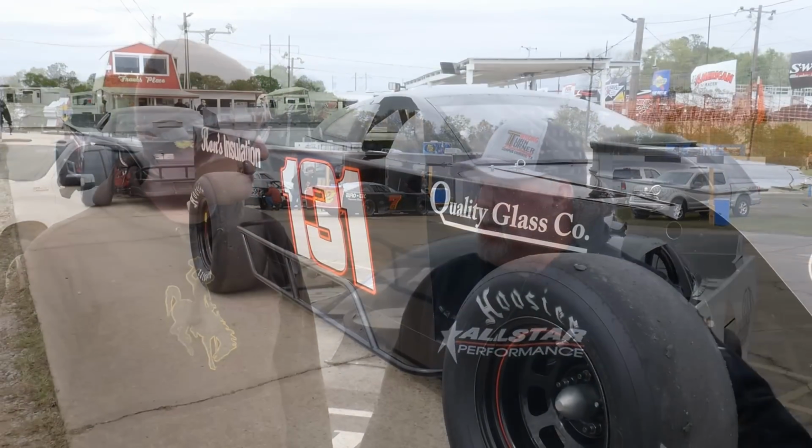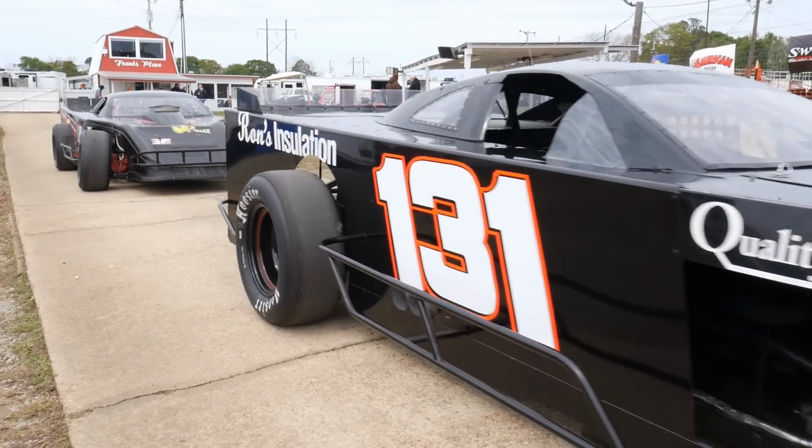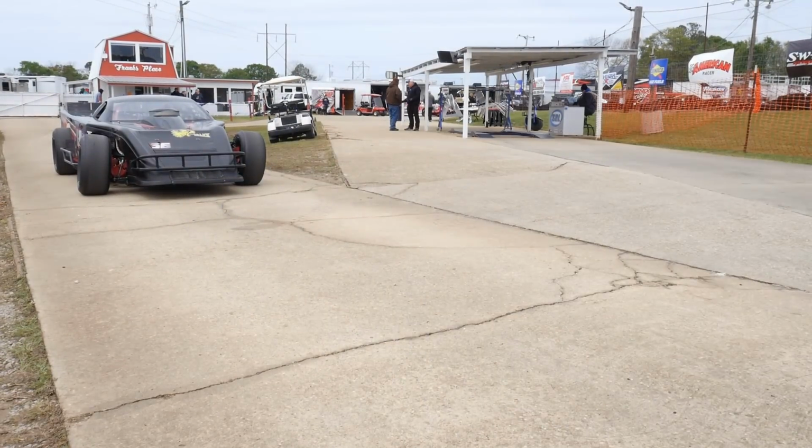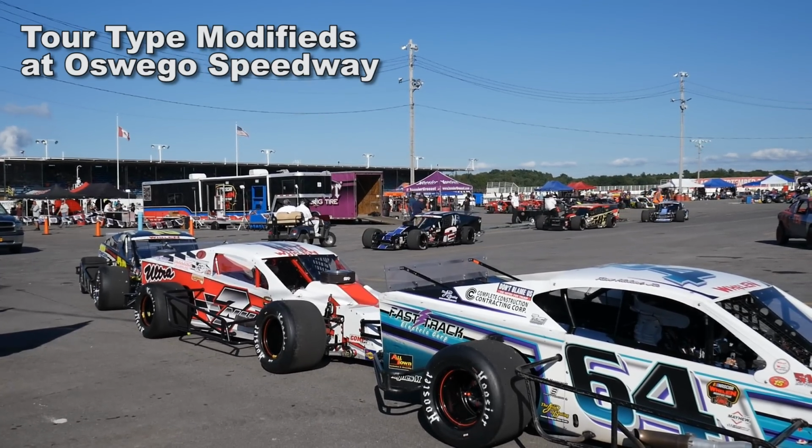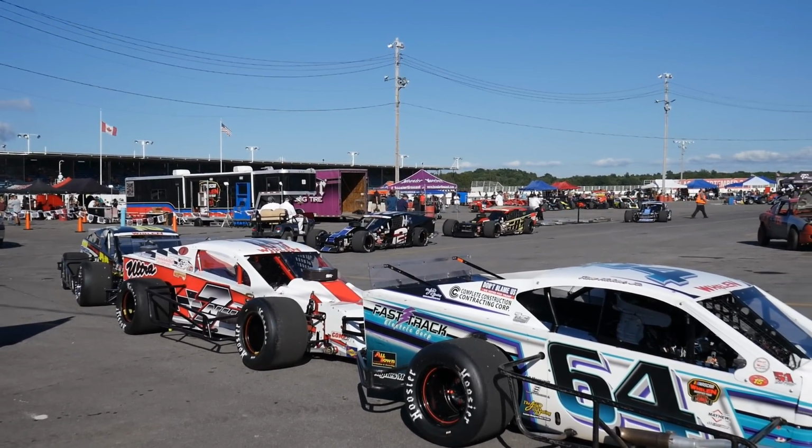And like I said, there's a lot of money in those cars. There's a lot, and I'm not saying these cars are cheap. These cars are $30,000 to $40,000, race ready. Those things are about $100,000 race ready. You hurt one of them cars, you're going to the chassis shop. It's almost like a